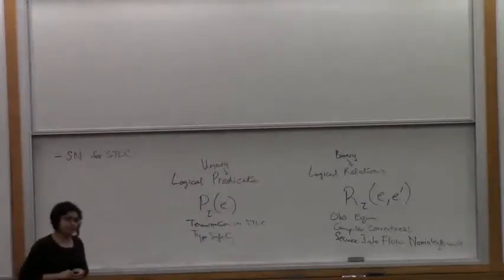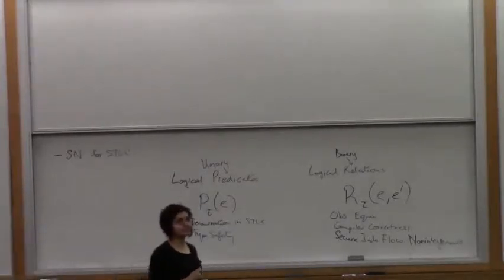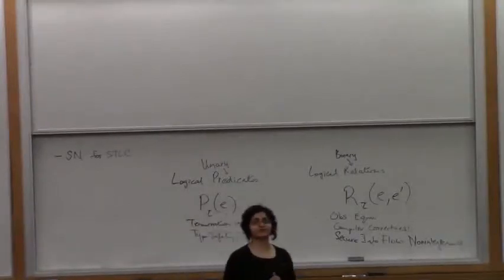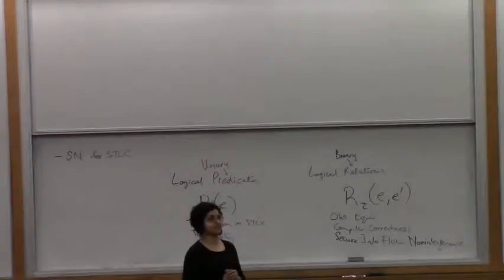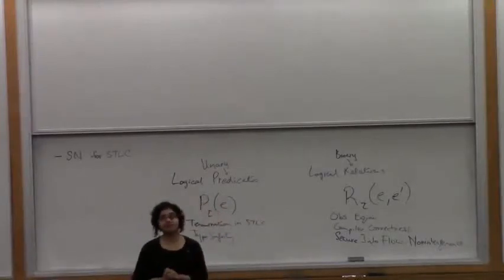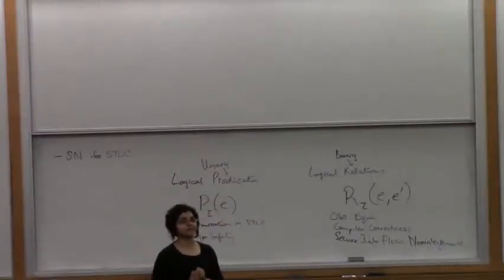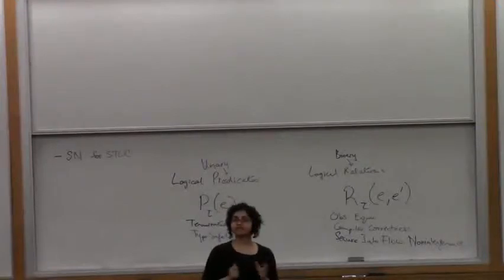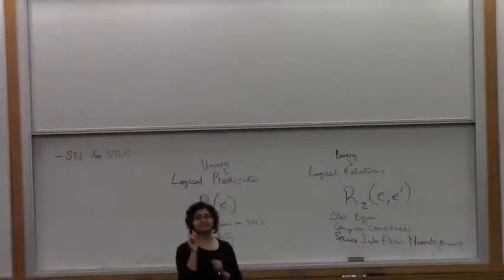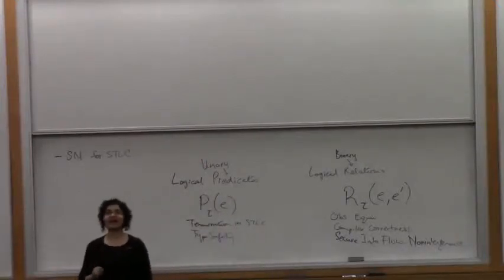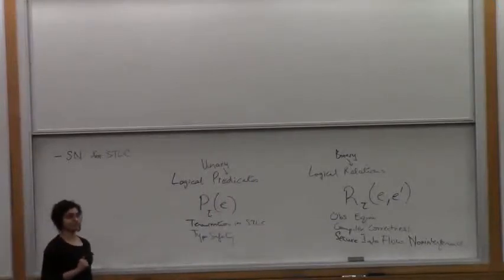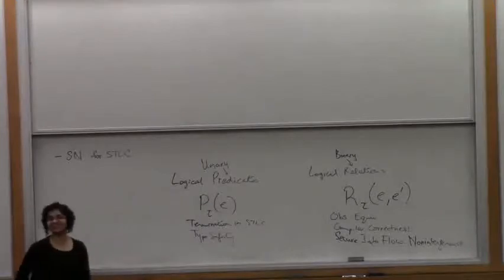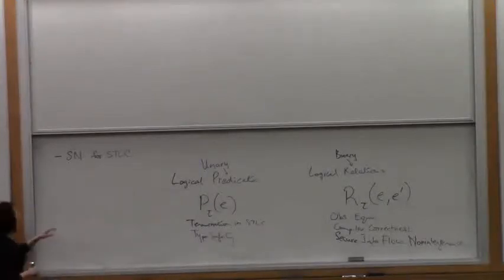I'm starting with this because this is basically the first logical relations proof that most people will encounter, and I want you guys to have encountered it if you haven't seen it already. I'm going to stick to a very standard presentation, basically the presentation that you will find, give or take, with a tiny tweak or two, in Benjamin's TAPL, Types and Programming Languages, Chapter 12. Have that memorized. Okay,